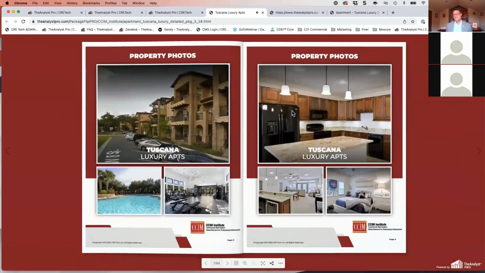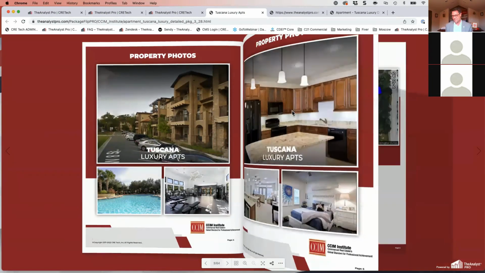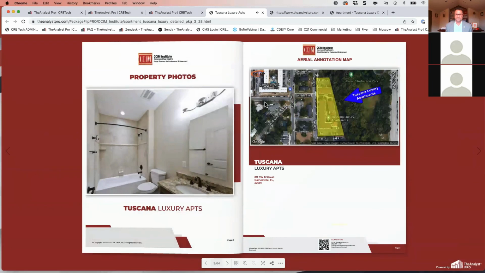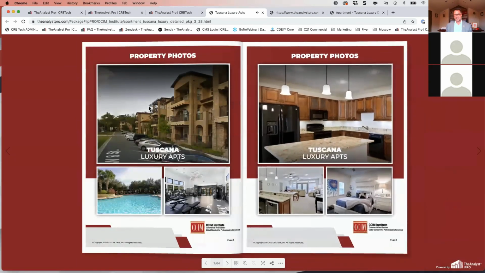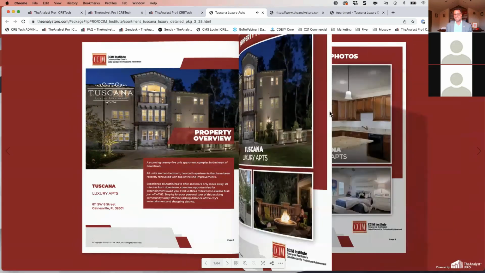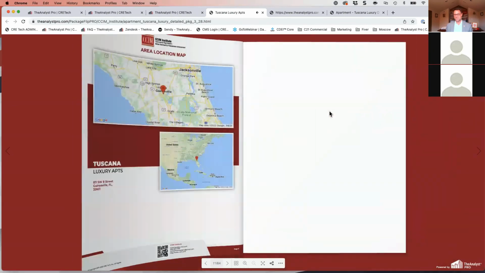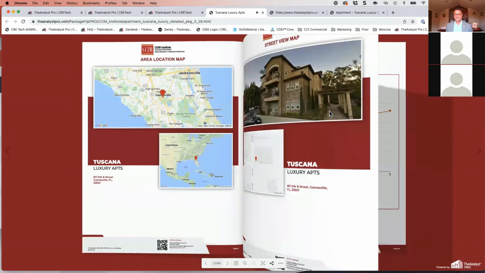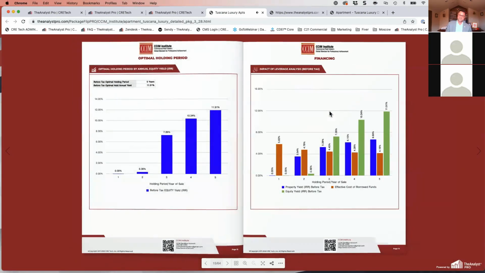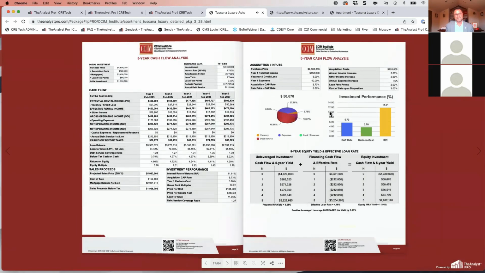And I can make, actually, Summit Apartments, I found out, is now called Tuscana Luxury Apartments out in Gainesville, Florida. I found it and pulled it up and was able to go get a bunch of pictures of it and actually build a full offering memorandum on that Summit apartment complex, which is now known as Tuscana Apartments. I thought that was pretty cool because I've been dealing with Summit and teaching CCIM finance or CCIM courses